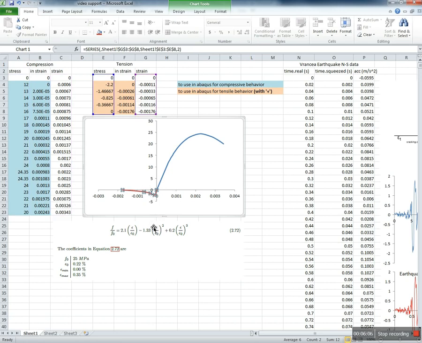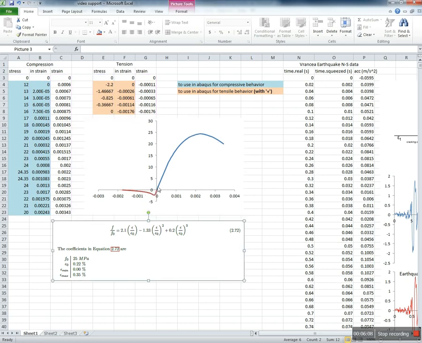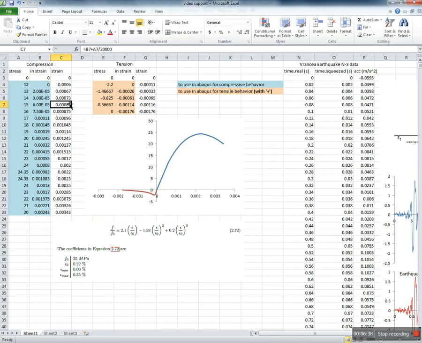I have some values. This equation is valid for the compressed side, and for the tensile fiber, I just took a bit less than 10% of the compressive stress. And then I just defined the tensile softening in a way that looks like that. So you can also define it like this, but make sure that you only define the inelastic strains in ABAQUS, because you don't have to define the total strain. So if you want to do it like this, I just marked with colors what you have to put in